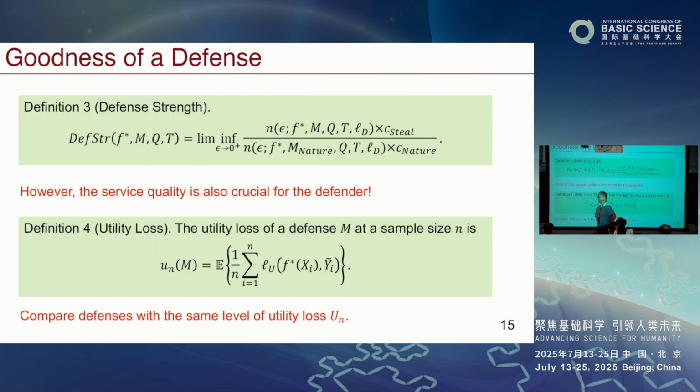Yes, you already have your F star. We are protecting that model, so we'll start from there. You have already done your learning. In the beginning, is there some F star that's easier to learn and some other F star that's more difficult? I think so. Later we're going to consider different classes where F star belongs to, and then we're going to see. Very good question. Any other question?